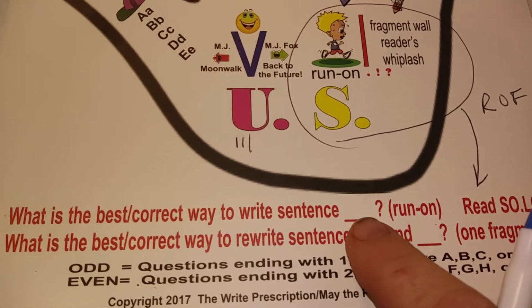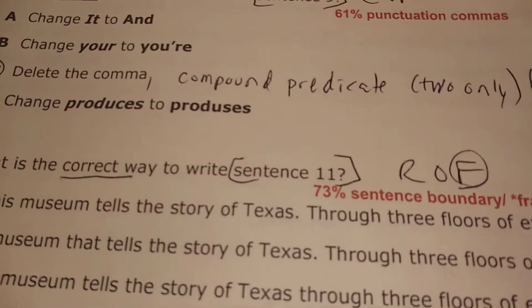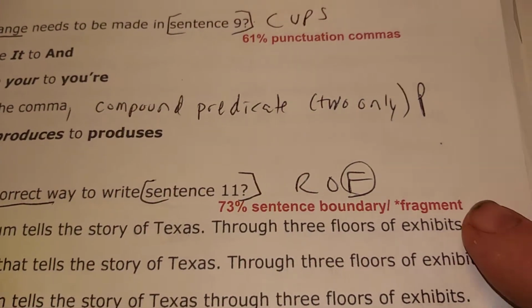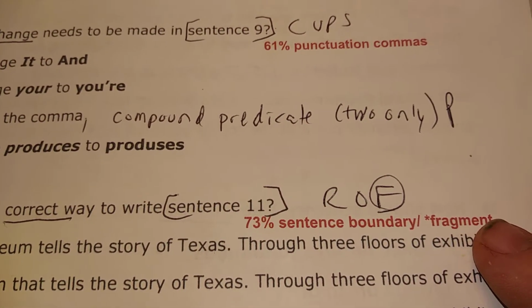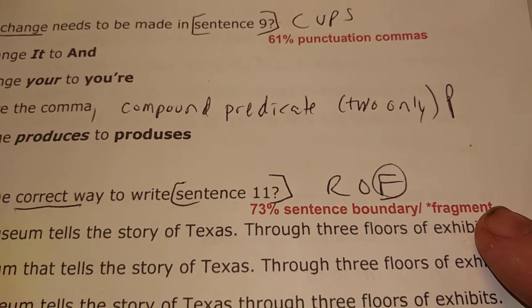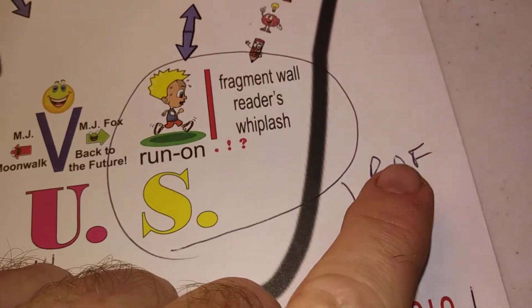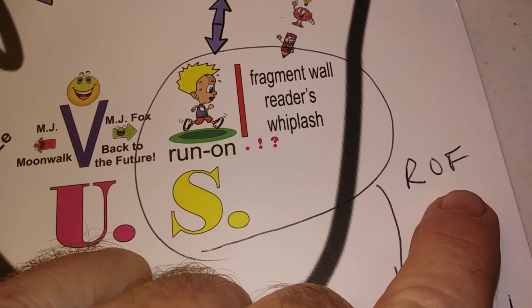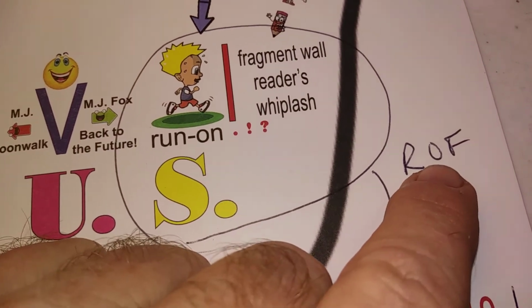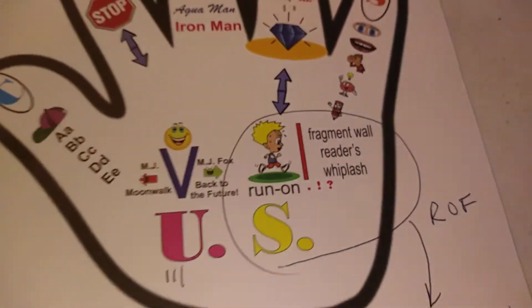That's the first time since STAR has started where it said sentence and it was a fragment. In other words, an incomplete thought. It didn't have a subject and a predicate. So just remember that when it is saying best or correct way, just tell your kids to write ROF, that in every single case, it's either going to be a run-on or a fragment that they're asking them about. Okay? So next, let's go to